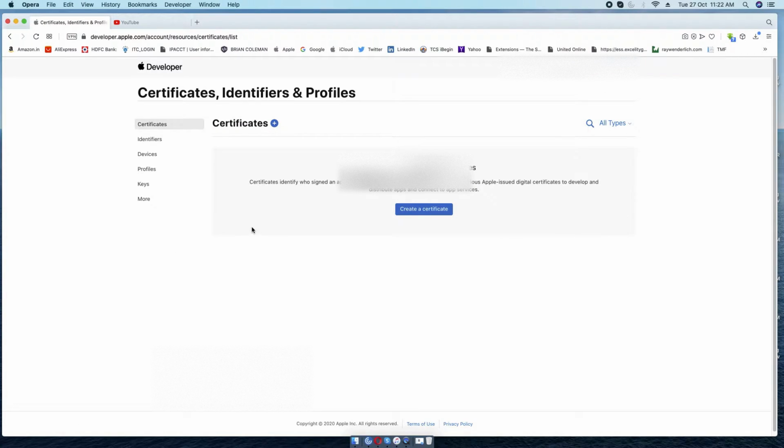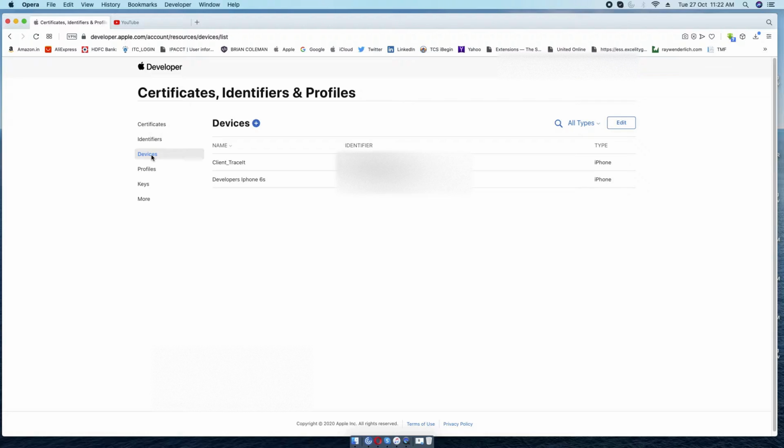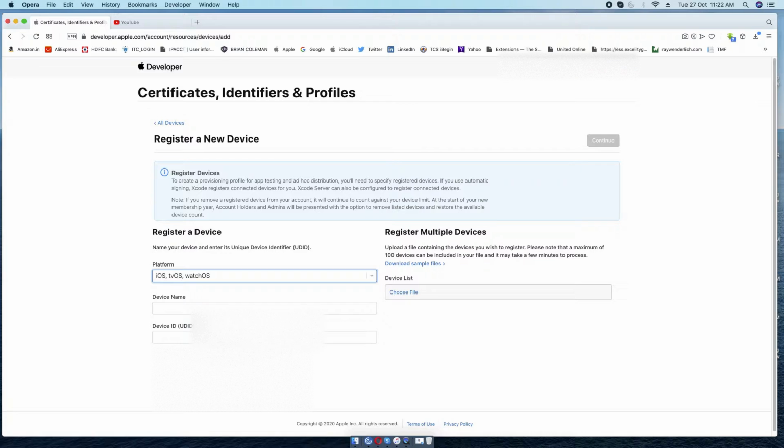and it is a brand new account. You can see there are no certificates available. If certificates were there, they would be listed here. And the devices, I have already added 2 devices, and the device adding process is very simple and very short, and these devices will be available for the certificates in the future. The process of adding devices is by clicking this plus icon,